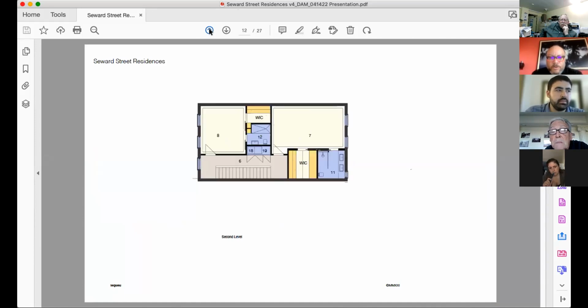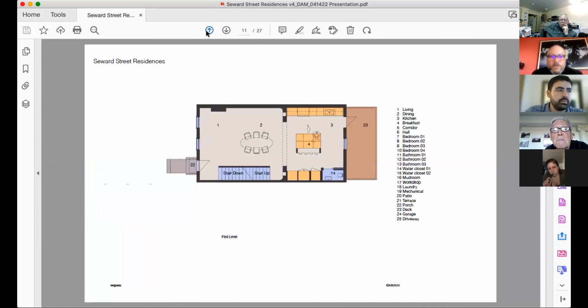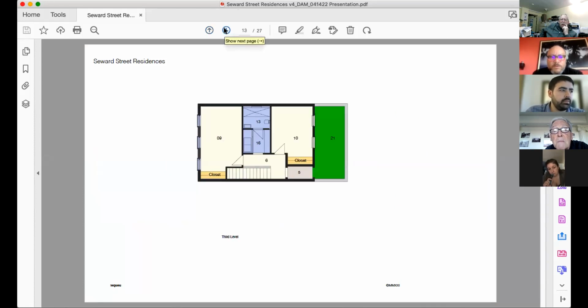Does it show here? This was an early one. It doesn't show, but there are windows in the back and in the front, and in this office space in the back, there's a window now, because we weren't sure which side would have light and which would not. So we did add a window to this office on the backside.